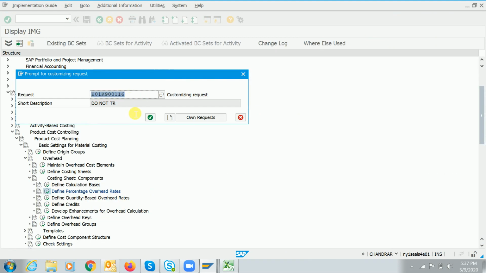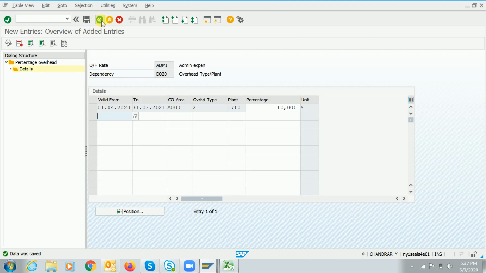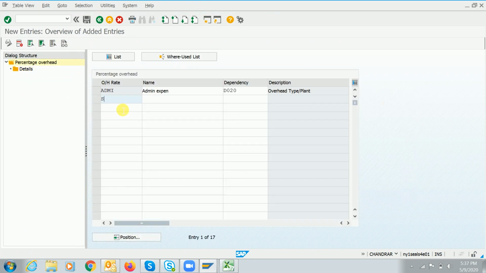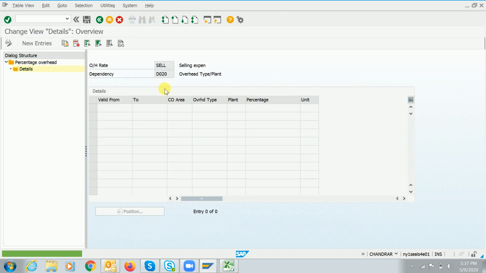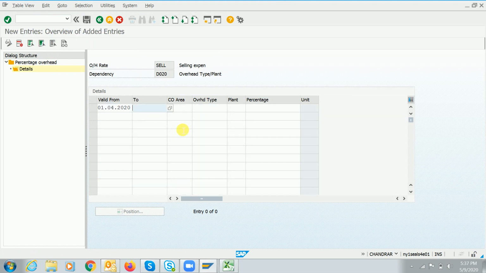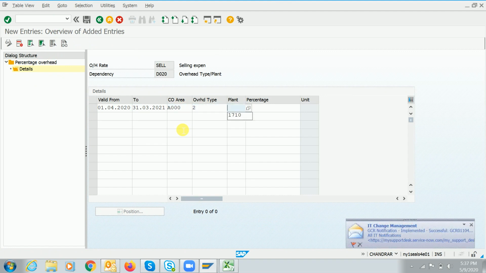Save it. Now I have maintained the administration expenditures. Okay, now let me maintain the selling expenditure as well. Selling expenditure D020. Just select this and go into the details mode, click on the new entries, just enter the dates, validity of the year. Okay, controlling area, plant, and this one